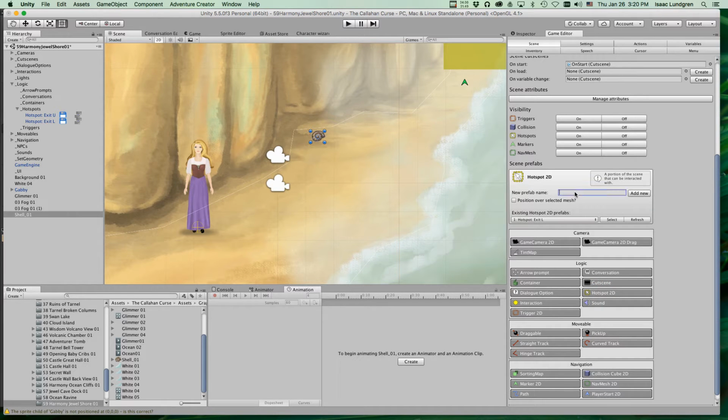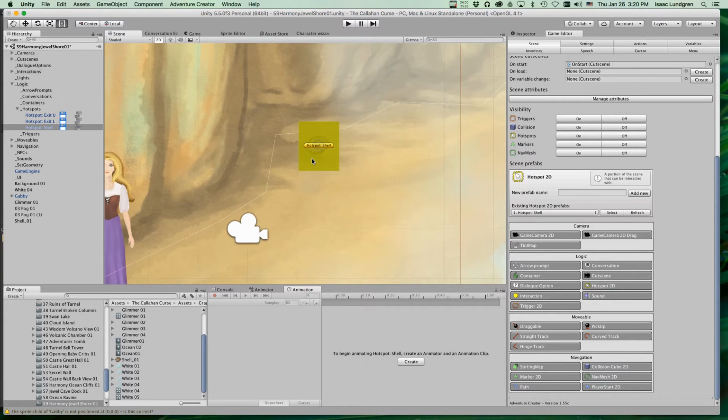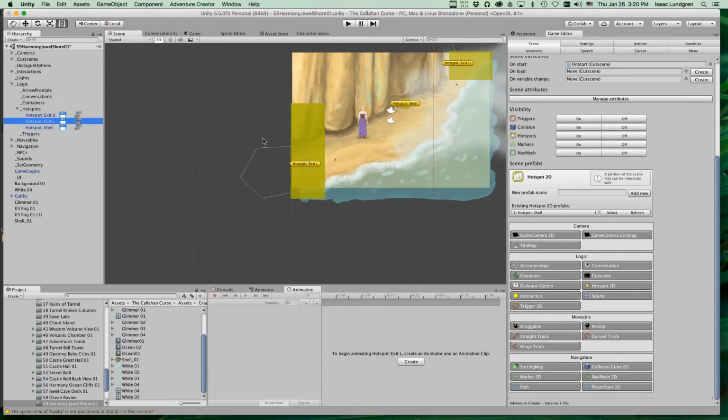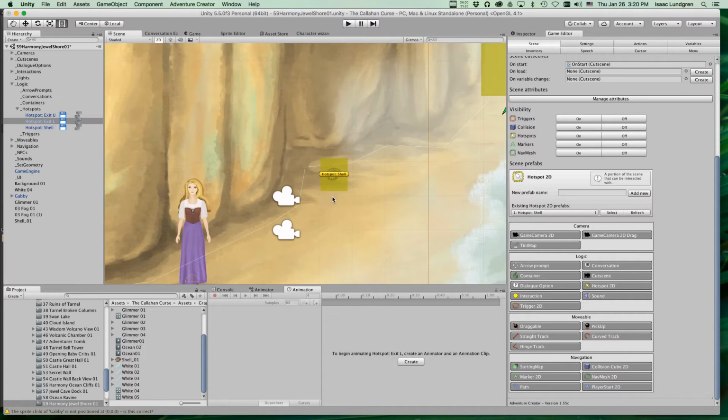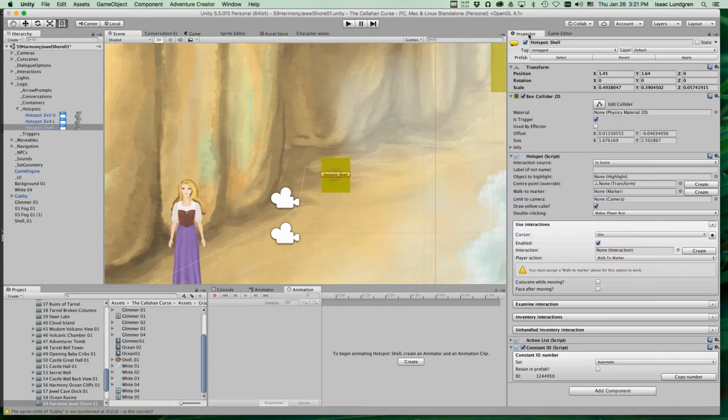Click on Hotspot. I'll give it a name: hotspot shell. Add new. And actually, I'm going to check this box, and it will position it over the shell. Or it should. Let's try it. Ah, there it is. Almost perfect. I'm just going to edit that slightly. Clicking on the hotspot, coming into the inspector, tapping on Edit Collider, and I can reposition my